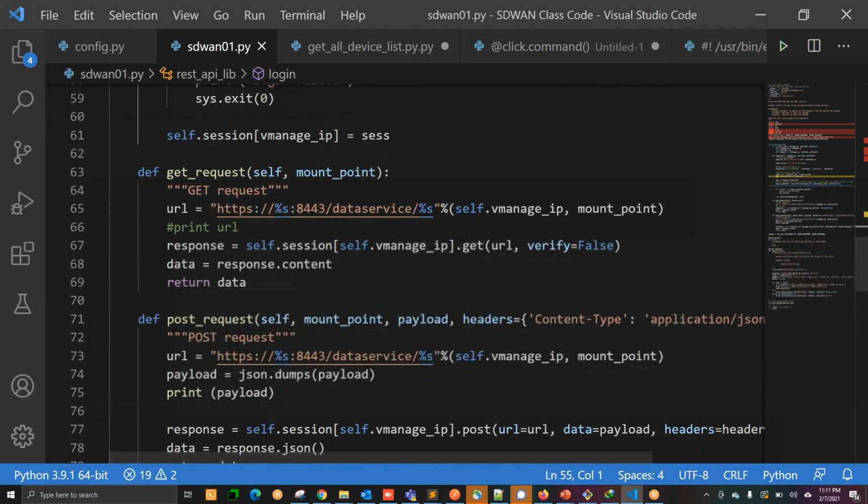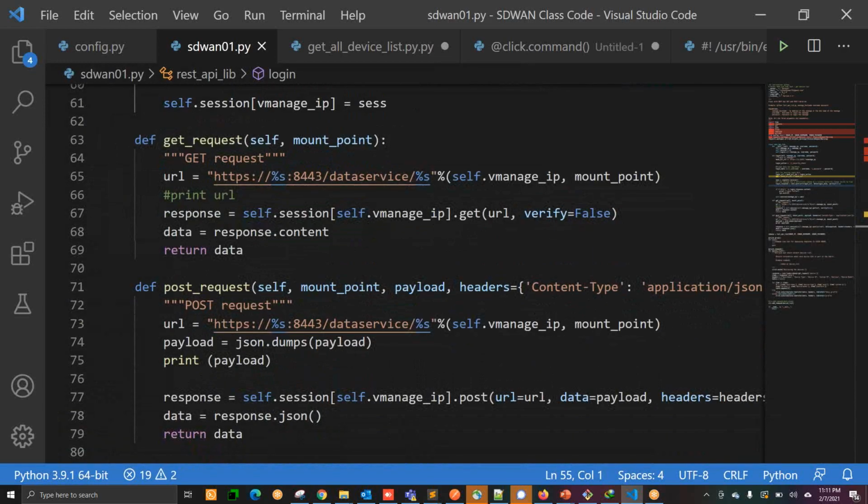Then you have two methods listed here in this library. One method is to get the output, and the other method is to do some configuration. Both methods are identical, but there is some change. Whenever you are doing configuration, you are putting in some parameters.